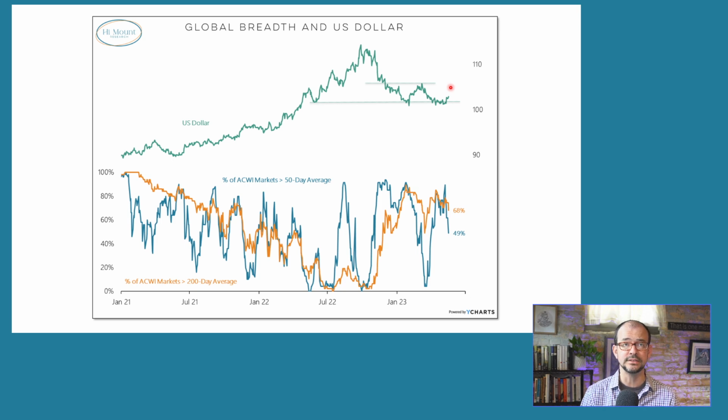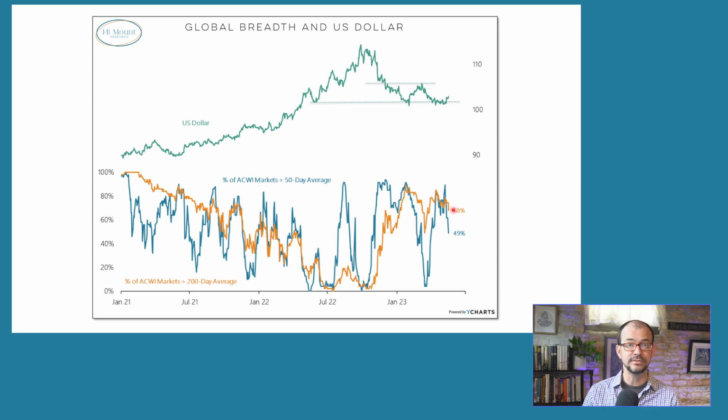And then when we look overseas, this is of particular importance because global equities have been the leaders this year, really started last year, but we've seen so far resiliency out of global equities moving to new highs, global trends turning higher, even as US-based equity market trends continue to struggle. Well, that's getting tested now because the dollar has stopped going down. It hasn't started going up very much yet, but as it stopped going down, the percentage of world markets above their 50-day average dropped from about 90% down to less than 50%. Even the percentage above their 200-day averages is drifting lower.